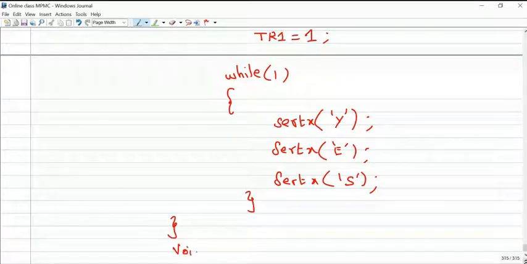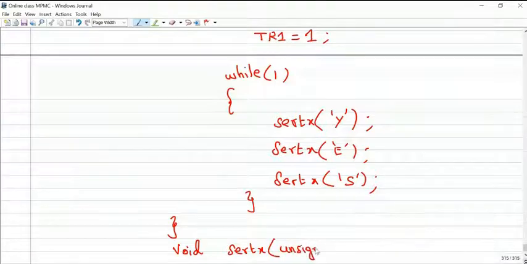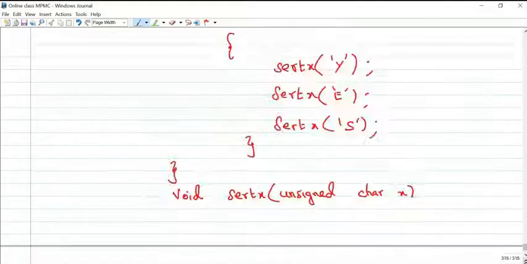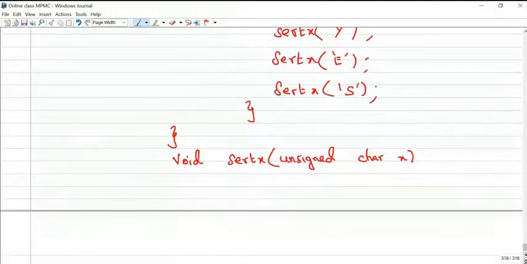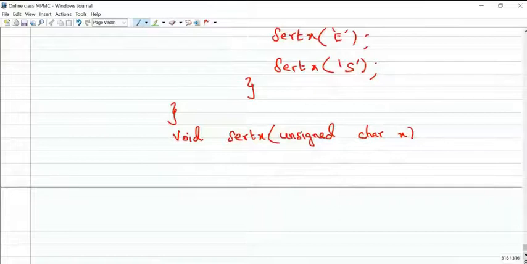Now the function definition: void, my function name, with unsigned character x. I'm defining the character x, whose type is unsigned character.